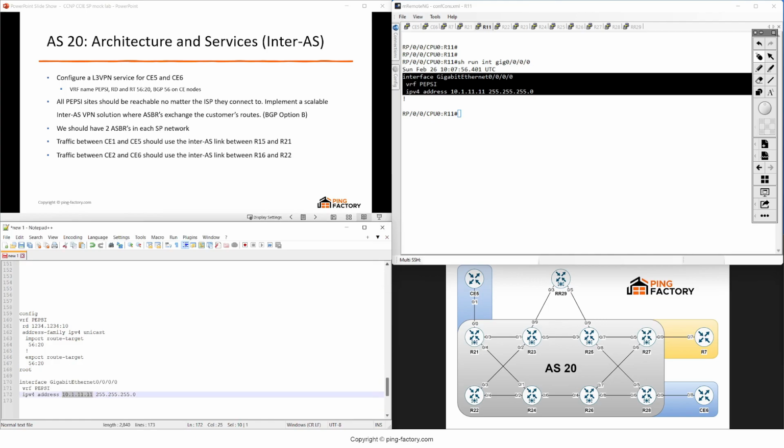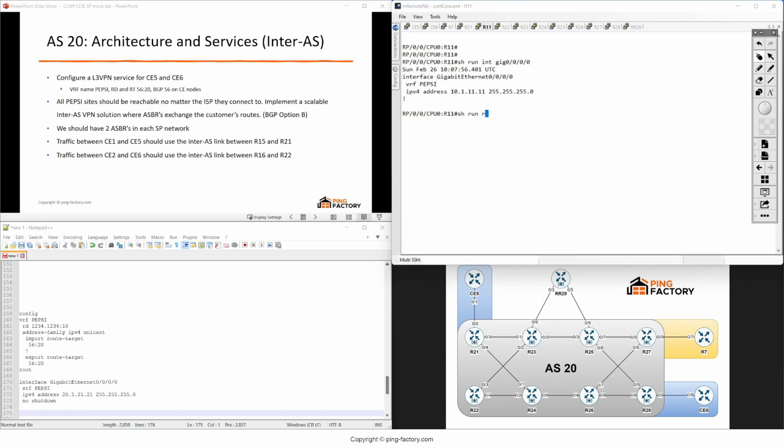And it should be 20.5.21.21. And also no shutdown. And if we do here show run router BGP 20 VRF Pepsi, we don't find anything